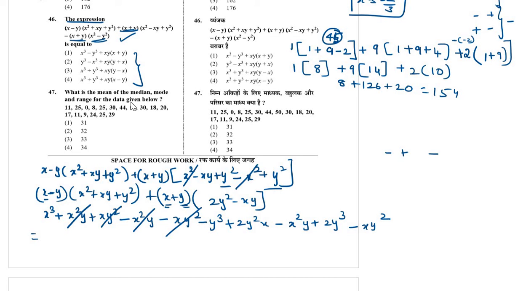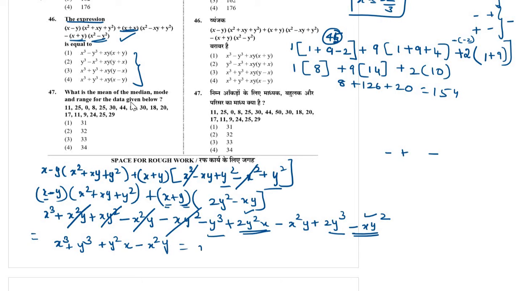No, y squared x. Here it is y squared x. Here it is 2y squared x. And then anything y cube. Here it is minus y cube plus 2y cube, so you can subtract it. Okay. So first term x cube. Second term, if you subtract from this one, means plus y cube. And then the rest of the terms, if you subtract, means plus y squared x. Okay. And then minus x squared y.